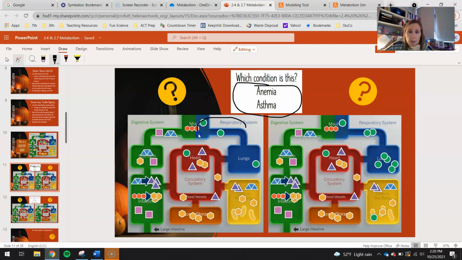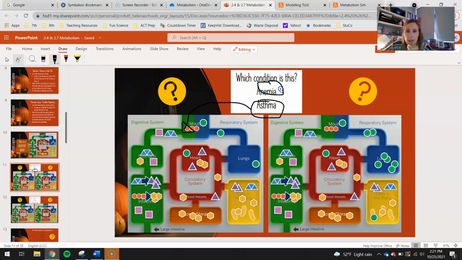So if we compare this one, what we see is not a whole lot of oxygen in our lungs, therefore not a whole lot of oxygen in our circulatory system or our cells. Okay, that particular model represents asthma because remember you can't breathe as easy, so you're not getting a lot of oxygen into your lungs. Okay, so this first one you guys should have marked as asthma, which leaves this one